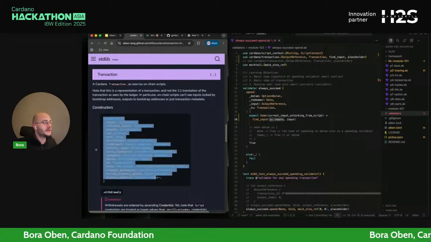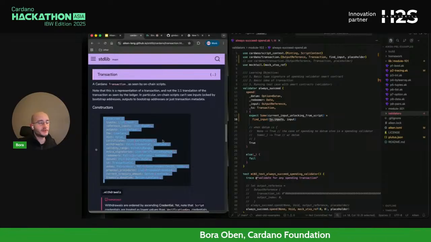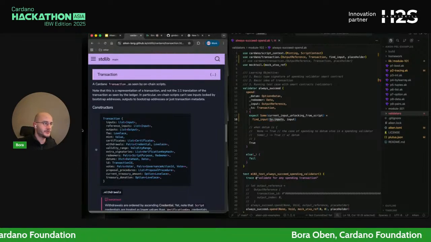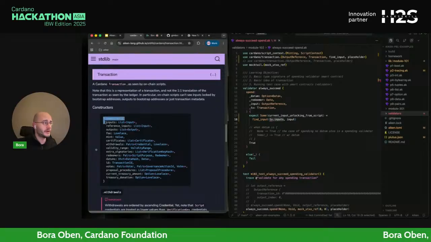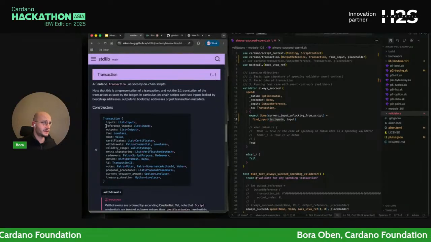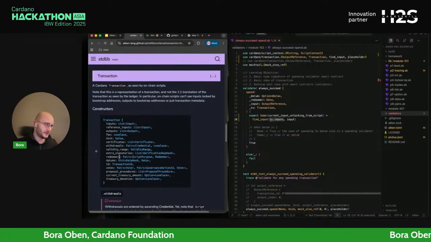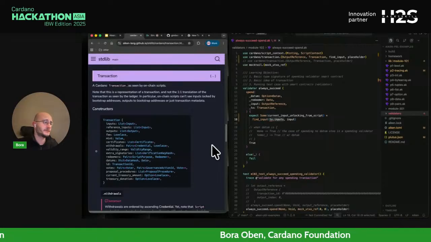So what you see here is essentially what on-chain smart contracts on Cardano see transactions as. These are all the fields present in a transaction that you can validate against, check some logic against, or you are already aware of in the transaction context. So taking a good look at this one is quite important because it gives you the perspective of things you have access to in a smart contract.